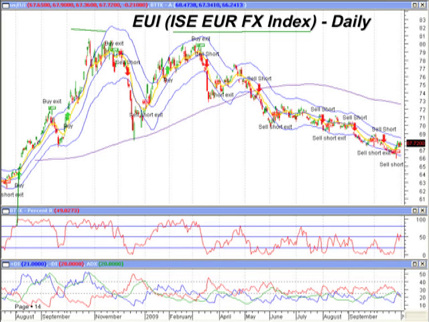This is actually taken off of MetaStock, and we have a couple of different big trend indicators on here. We have the acceleration bands on the upper panel in blue. These are 20-day acceleration bands, so that's about the last month's activity there in blue. Of course, we also have a 200-day in purple, that longer, slower line, just to show you